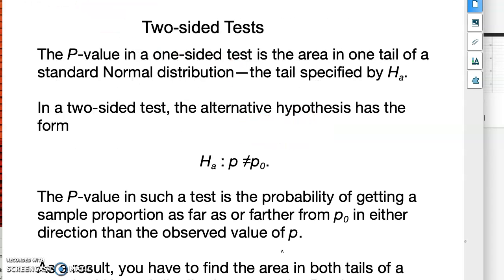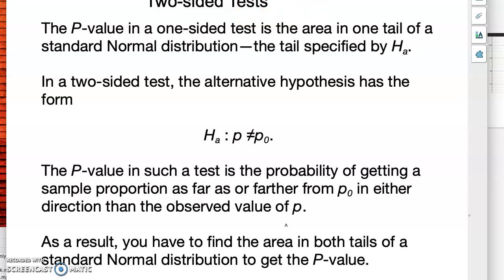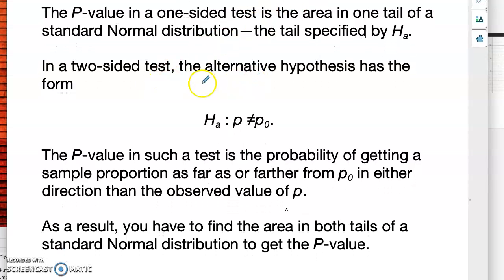All right, two-sided tests. In a two-sided test, the alternative hypothesis has the form p is not equal to p0. The p-value is the probability of